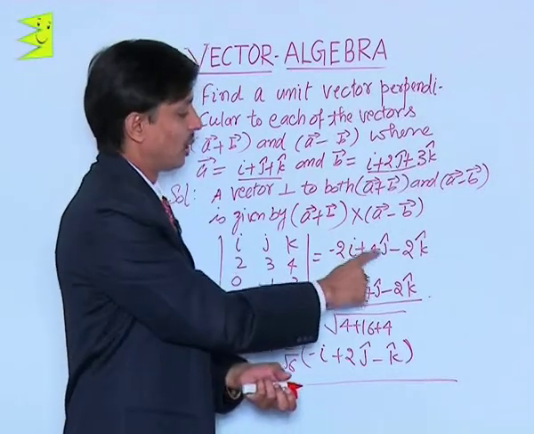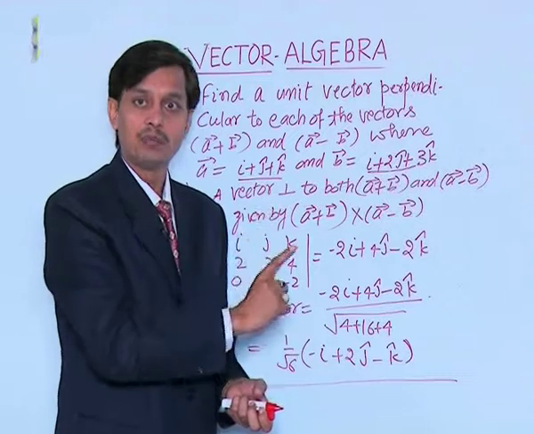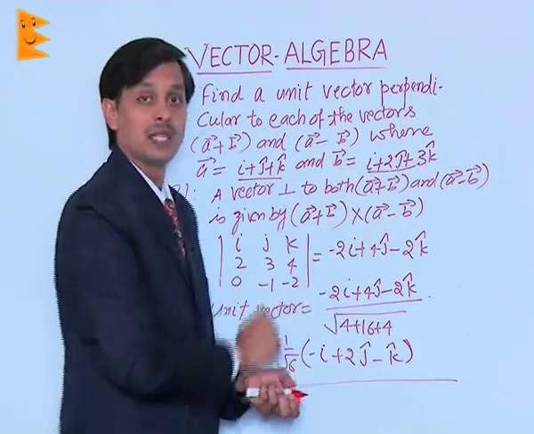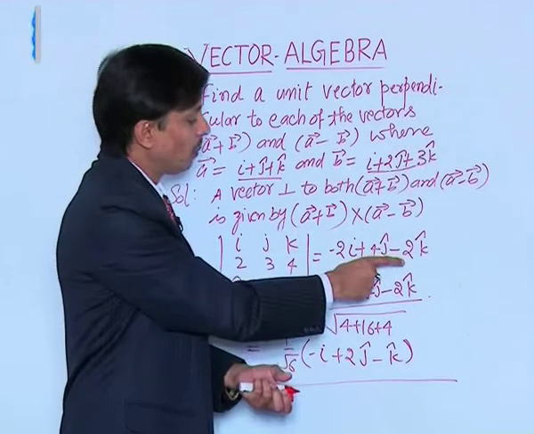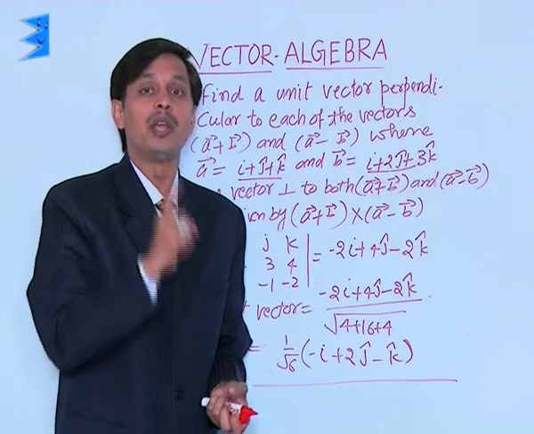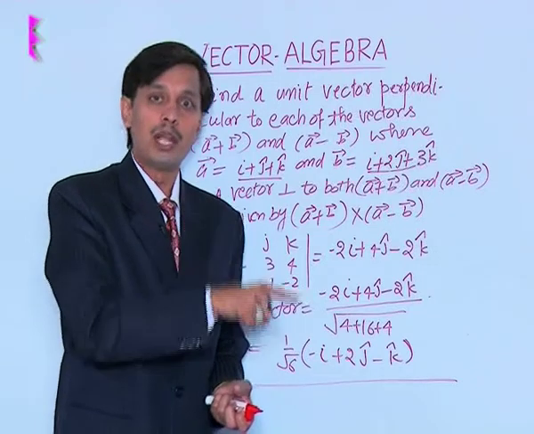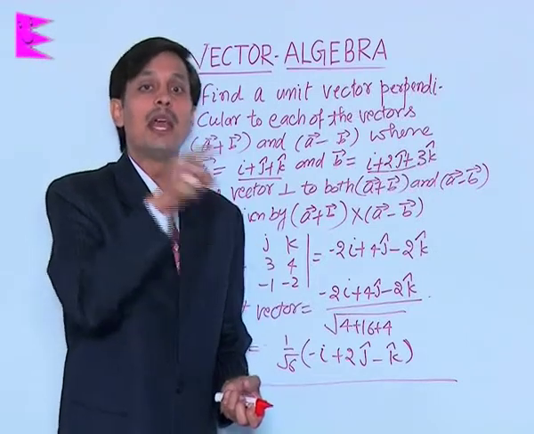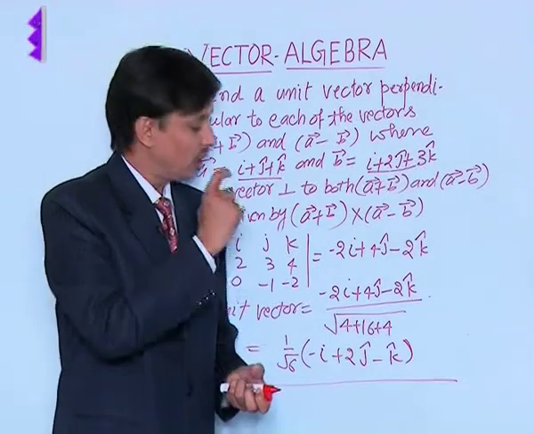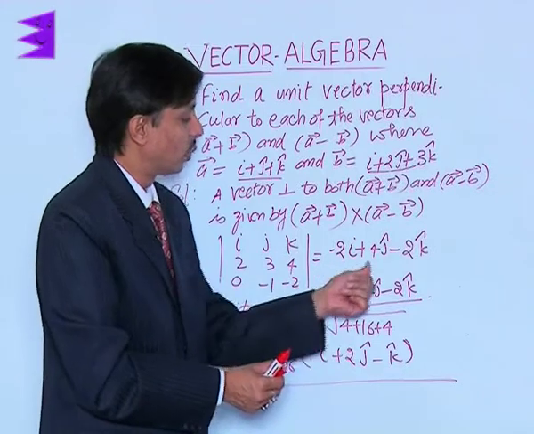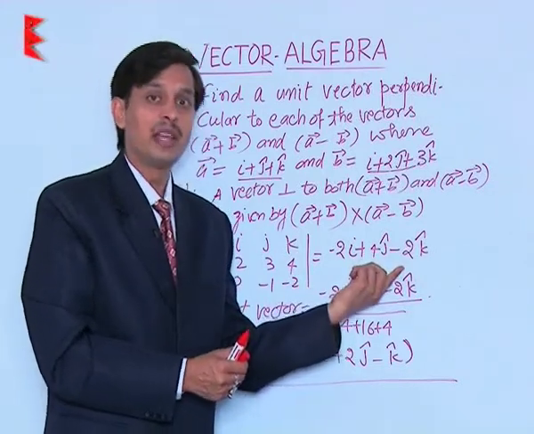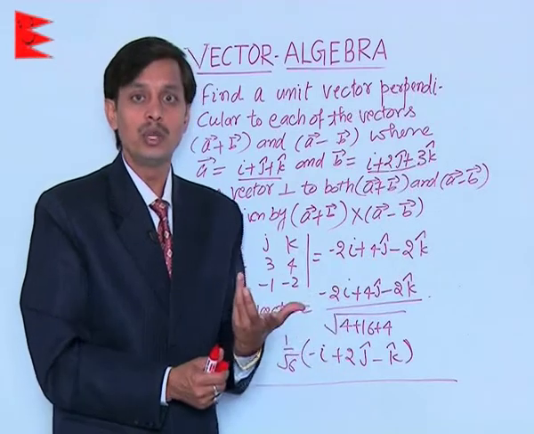Hence, minus 2i plus 4j minus 2k is a vector which is perpendicular to the resultants a plus b and a minus b. Now, how to make this vector a unit vector? Because in the problem it is required to calculate a unit vector which is perpendicular to a plus b and a minus b. To give you the answer, we need to calculate its what? Magnitude. Because when any vector is divided by its magnitude, we get the unit vector.